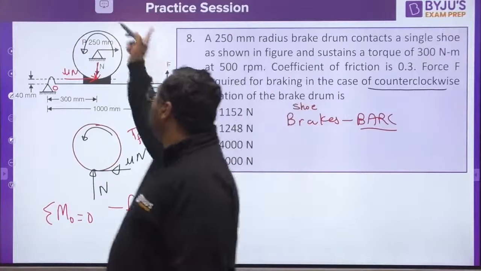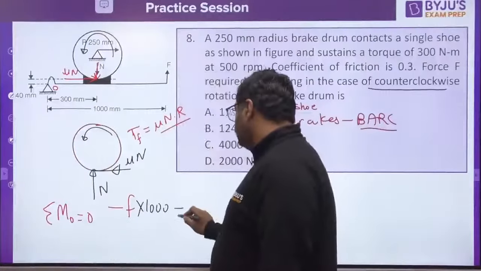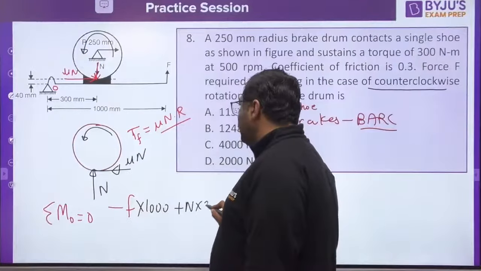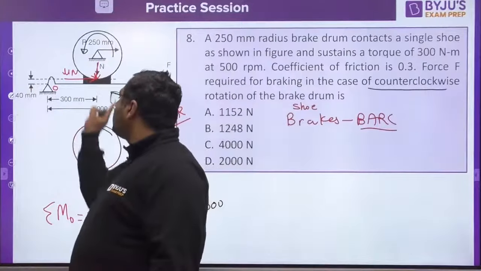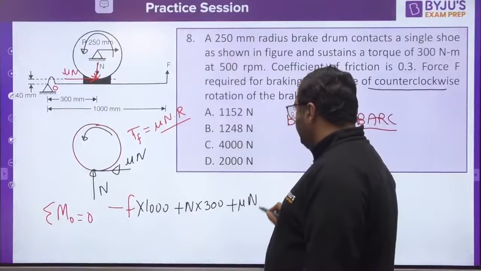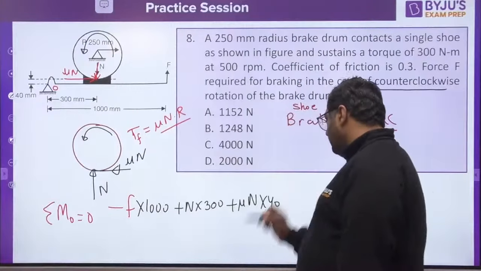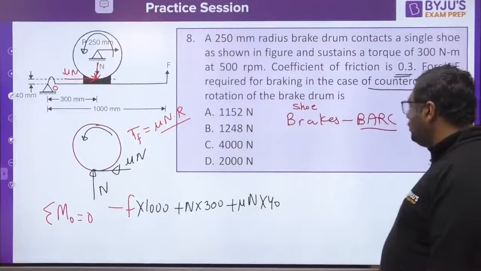Minus F into 1000. This N would be creating clockwise. Plus N into 300. Mu N would be clockwise. Plus mu N into 40. So dear, mu is given to you. You just need to put the value